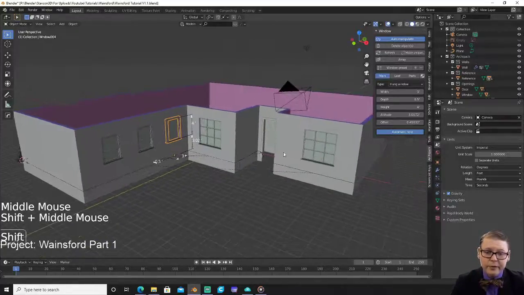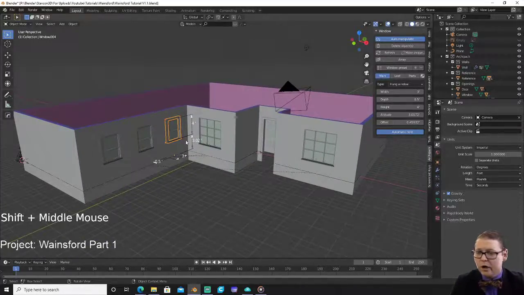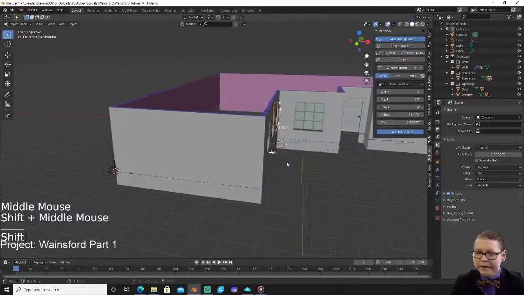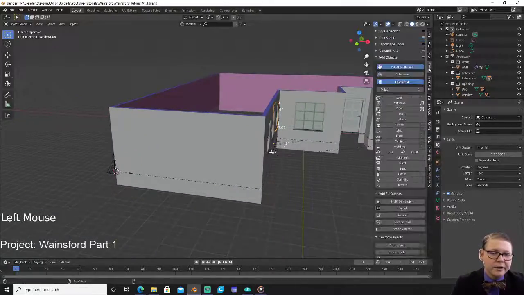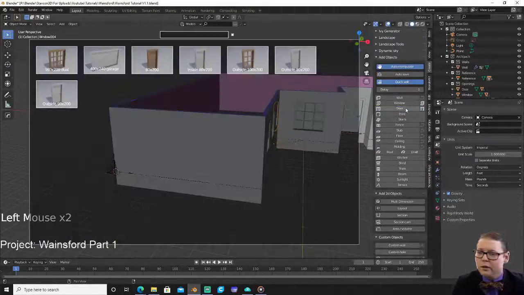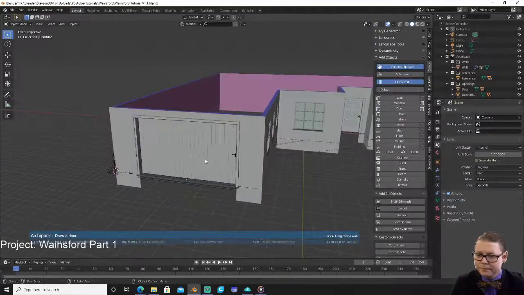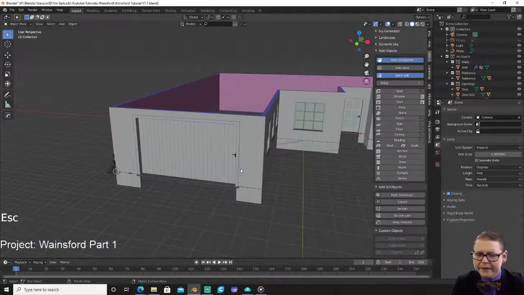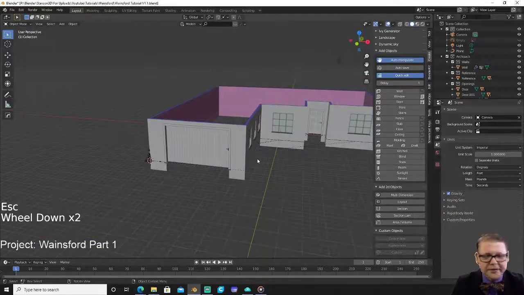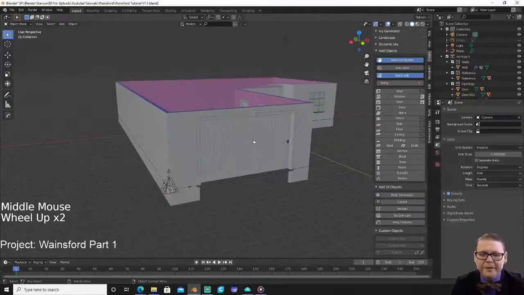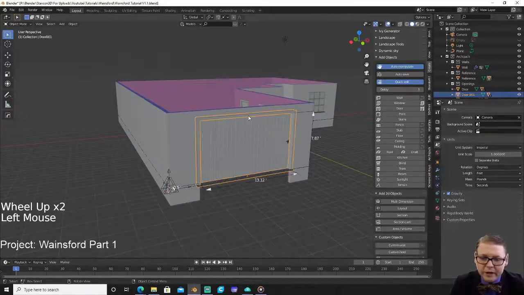Alrighty, so now we've got our door, our windows in place, and then we'll also go ahead and throw in our default garage door. And one thing that kind of bothers me a little bit, it really shouldn't, but the only default garage door that they've got here is, well,